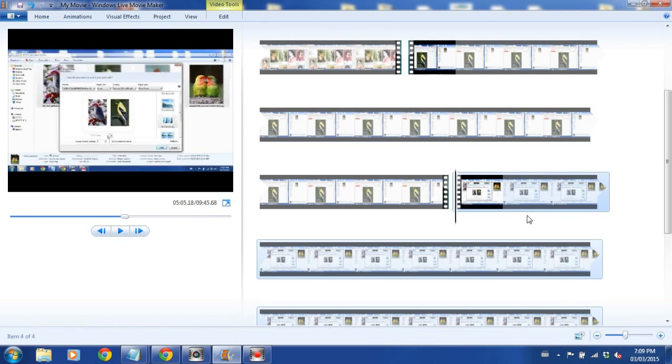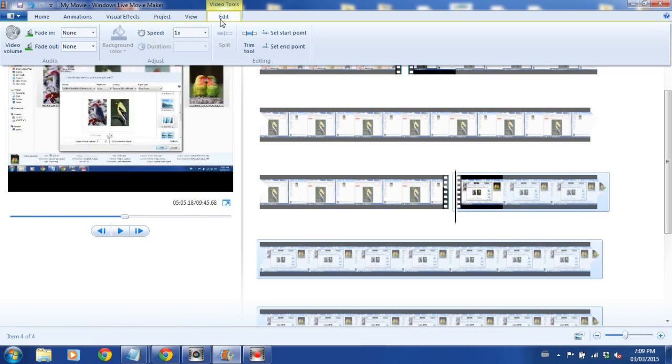If you want to add a caption, split it. I mean, we could add a caption here, but this isn't what I'm showing you right now. I want to show you how to change your speed. You see, in edit mode, you can change the speed to 2 times or 4 times, even 8 times. I've done 8 times a lot in my speed videos, but you can figure that out for yourself.